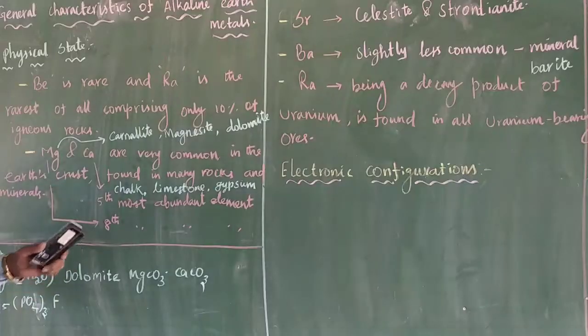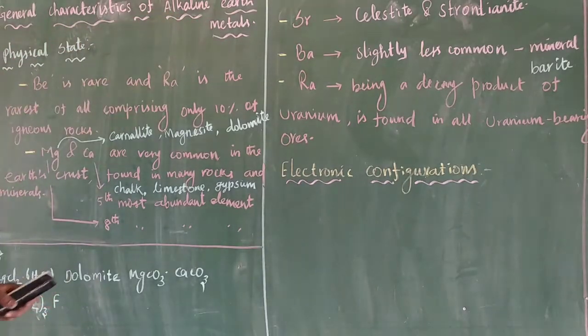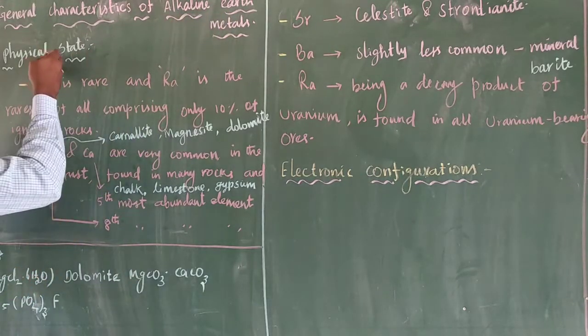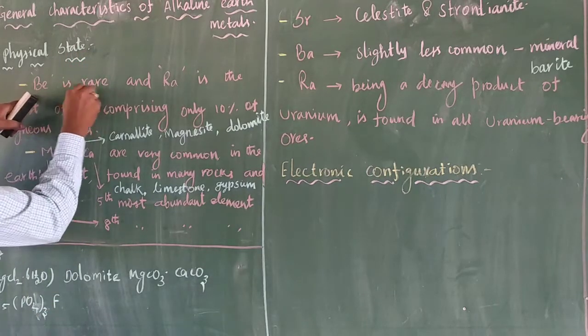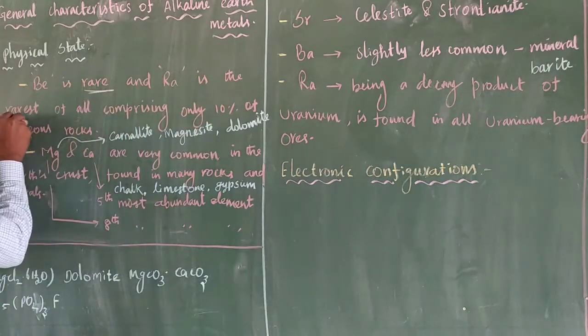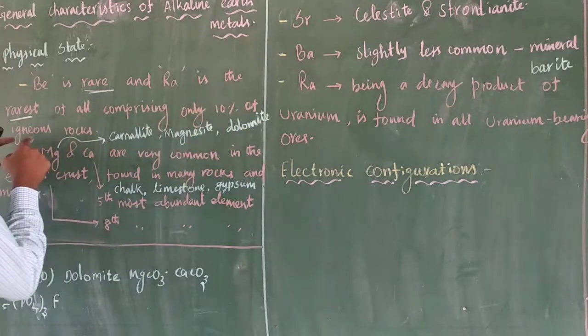Right? Okay, students. The general characteristics of alkaline earth metals. The first one is physical state. The beryllium is rare. And radium is the rarest of all, comprising only 10% of igneous